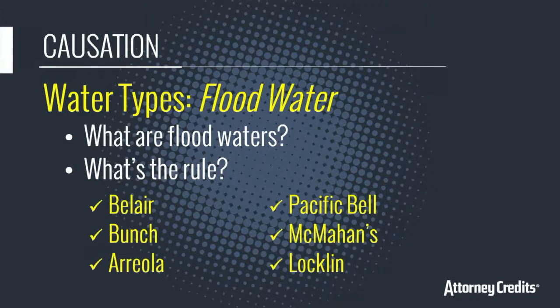All right. What are floodwaters? That's easy. That's the overflow of water. The traditional example, which you'll see in insurance context, is outside water coming in. Right? We saw that in Hurricane Katrina all the time. That's what all those cases were about. It's outside water coming in. So that's easy. That's the traditional definition, and that's what you see in these inverse condemnation cases as well.